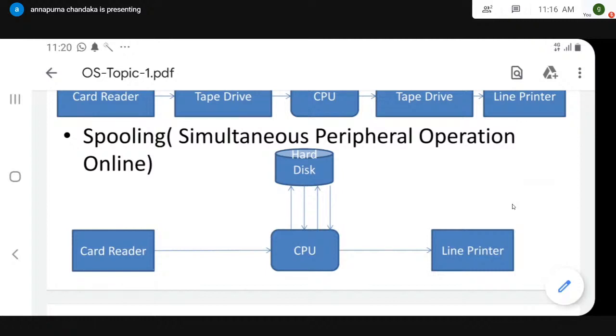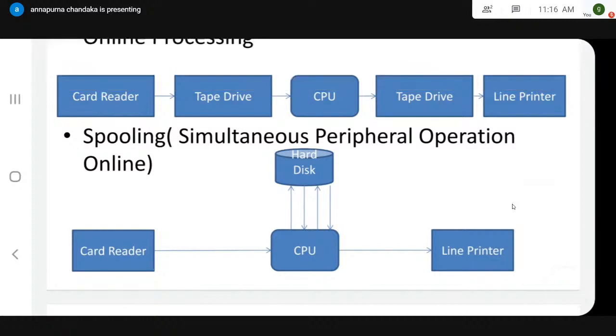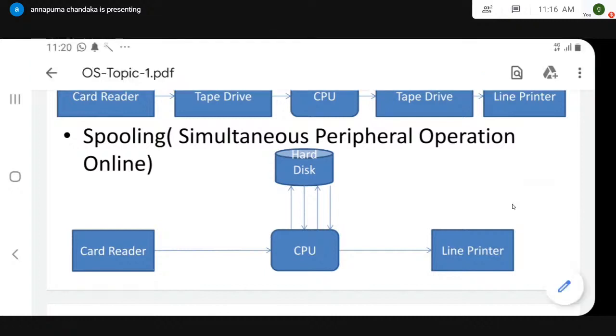Random access in the sense that you can access anywhere on the hard disk at the same time. You can access any piece of information on the hard disk at a time. The second very important property is that a hard disk allows you multiple operations at the same time. Well, what do you mean by multiple operations? You can do more than one operation at the same time.